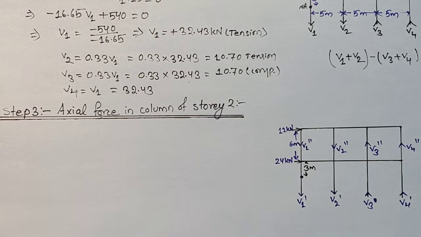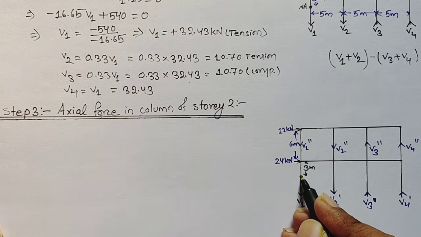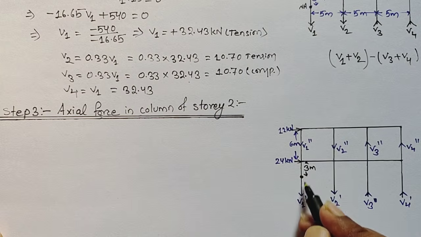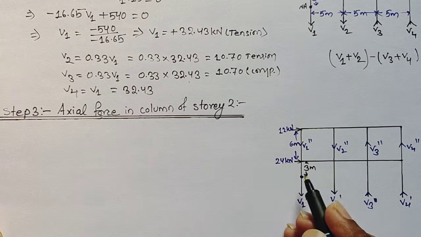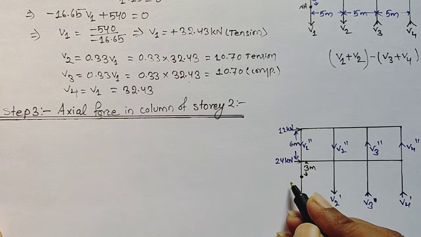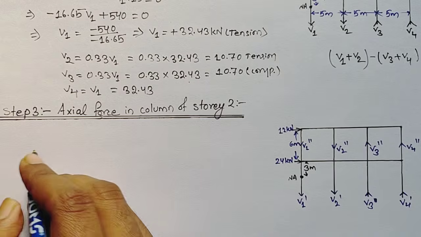So we need to take the moment about the point of contraflexure. This is our point of contraflexure, which is at the mid span of story 2, that is half of 6 meters, so 3 meter, and the spacing between the two columns is 5 meter, which is similar. So if we take moment about this point of contraflexure NA, then what we will have here,